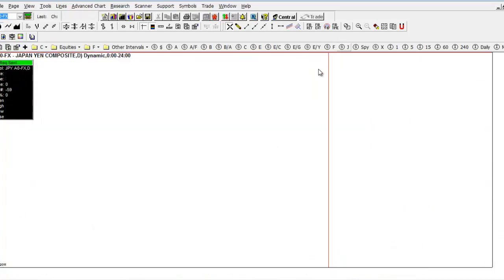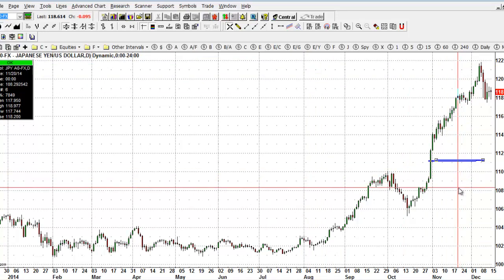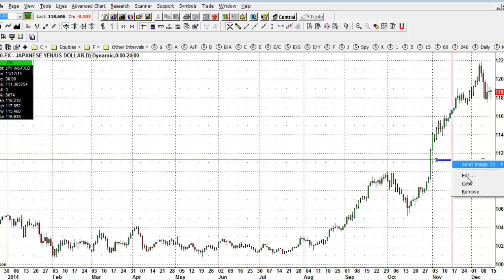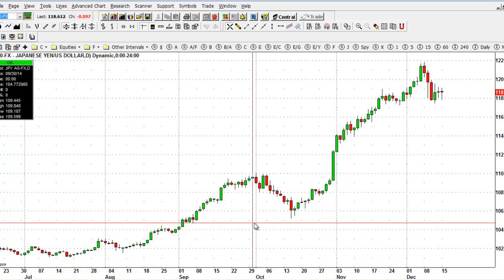Okay, taking a look at the Japanese yen, and this has been a pretty significant move upwards. We see that the market ran up, made a move from mid-October, from roughly 106 up to 122. And one of the things I keep saying with the markets is that it's possible to make large pip movements in the markets. This move is over